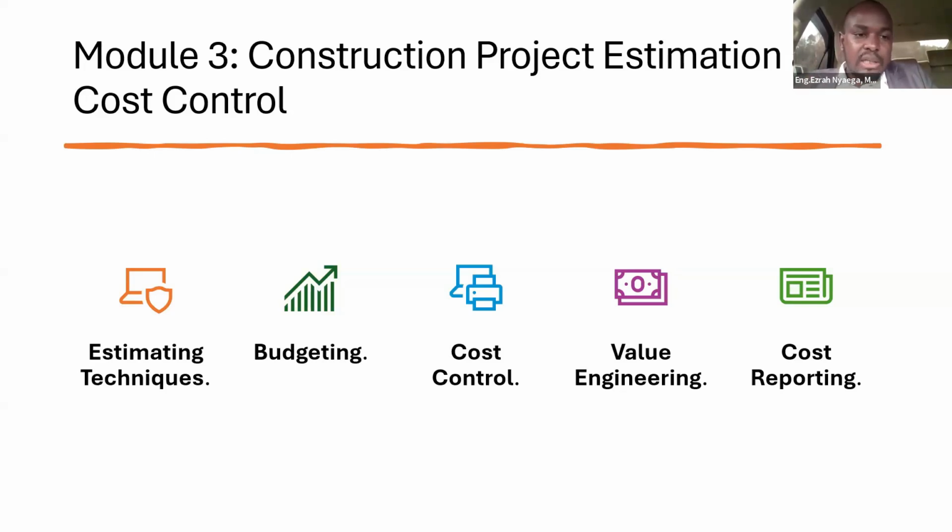Then we'll look at the estimating techniques, the different techniques that we have, how you'll undertake your budgeting, how you'll manage costs, how you'll add value and report on the costing aspects. And that will give us leeway to move to the